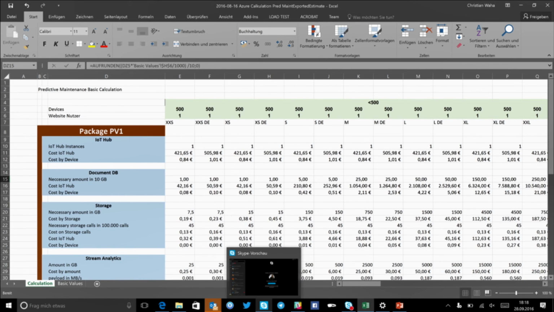Some have GPS, especially the food storage has GPS because they're moving, so they can see where it is. Is it delivered in time? And we can make some predictive maintenance there, to see if he wants to deliver at 12 o'clock, he has to go at 11, not at 11:30, because of some traffic jam or whatever.